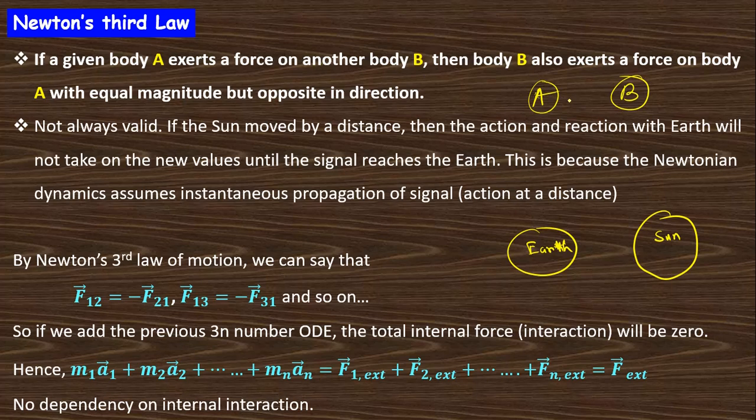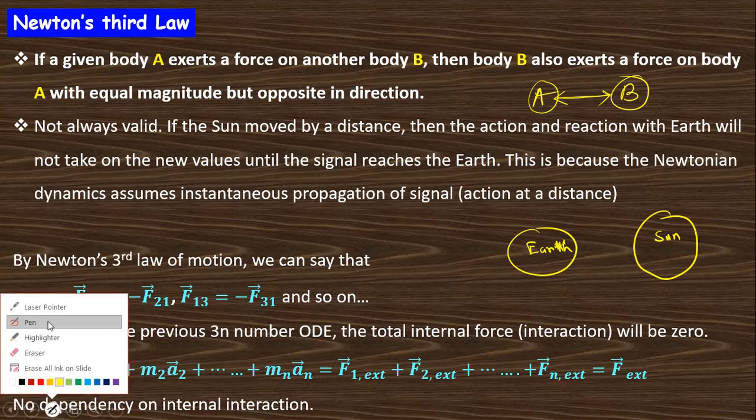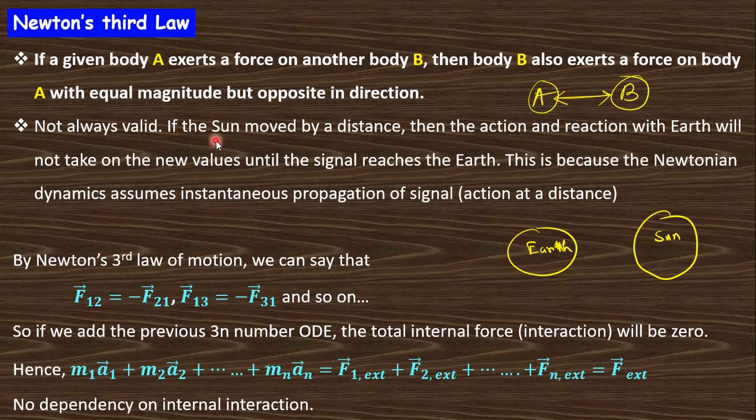So if body A exerts some force on body B, then B also exerts the same force with the opposite direction, right? This is Newton's third law. But this law is not valid everywhere, because if the sun is moved by a distance, then the action and reaction will not be registered by the Earth in the new value until the signal reaches the Earth. That means if the sun is displaced somewhere,